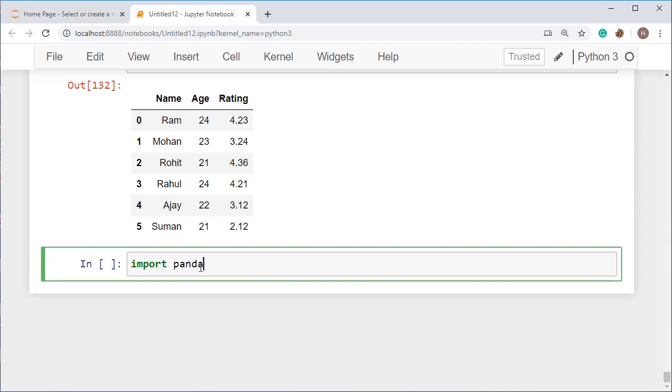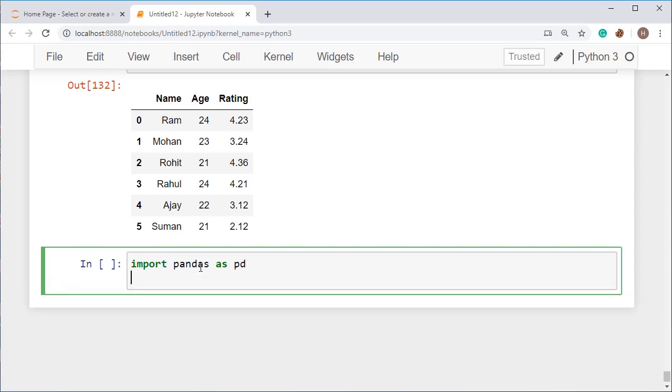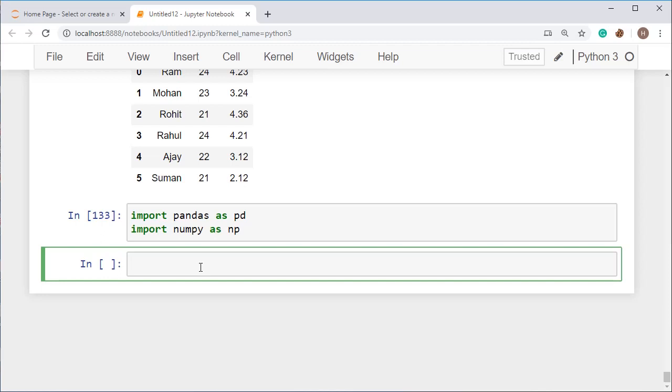Then you will be learning data analysis in advance, and then you will get all those things. I'm just giving you a rough idea so that when anyone talks in front of you using these keywords, you will be able to define them correctly. All right, so we have imported all the libraries.